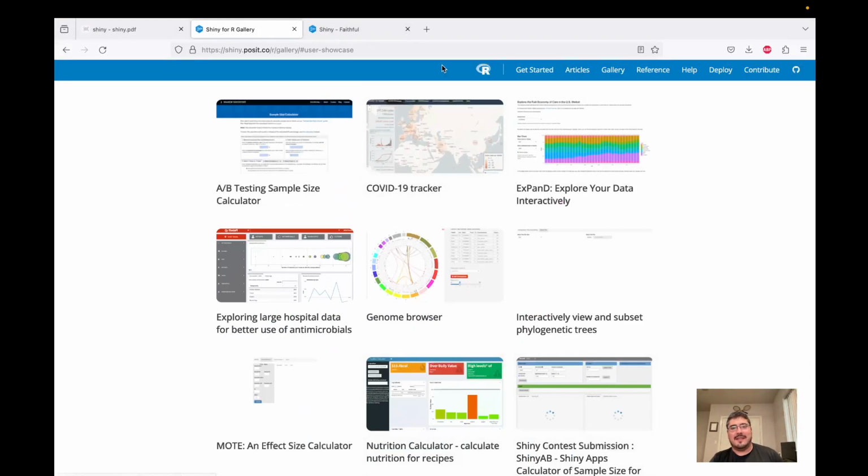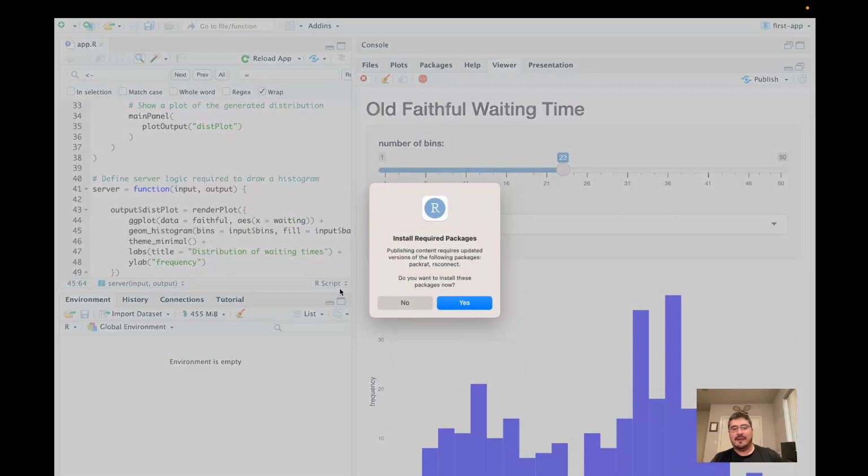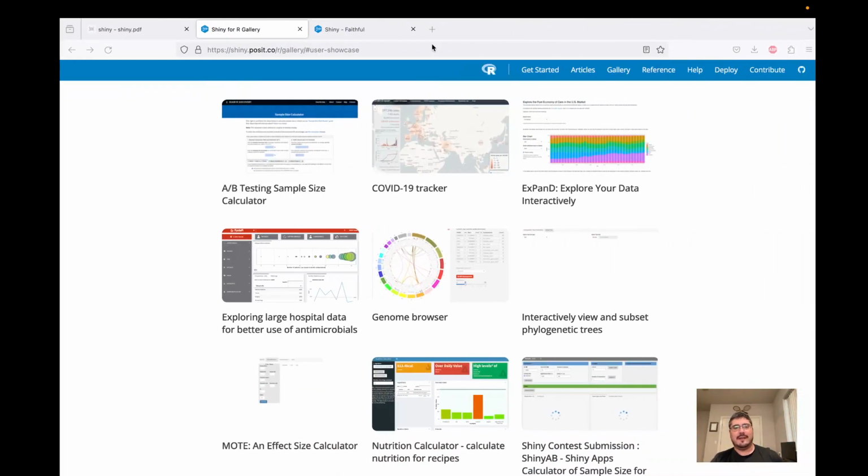This is something that I use to supplement my own research and, of course, to teach these classes. It's something that's very, very powerful and something that you can take with you after this class. So the project is meant to be just that. You will get a grade in this class, but you also have this thing that you can take with you and you can publish these apps. You need the packages to do it. You can see that I've already